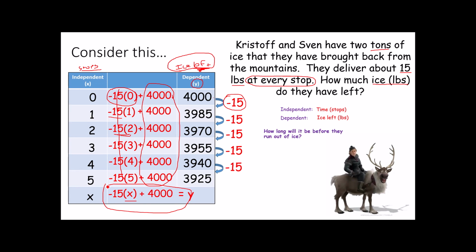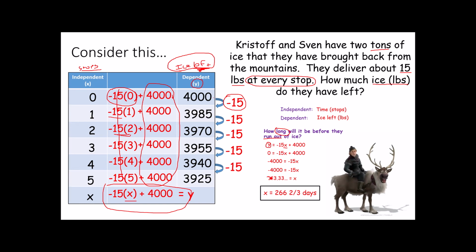So if I asked you how long it would be before they run out of ice, you could try that on your own, and then you would watch me. We start with our pattern, and we're asked to find time. Well, that's x. That means we need to know how much ice we have left. Well, this says we run out of ice. That means we have 0 pounds left. And now it's a single variable equation. How to get rid of plus 4,000? Subtraction. How to get rid of times negative 15? You divide, and you get